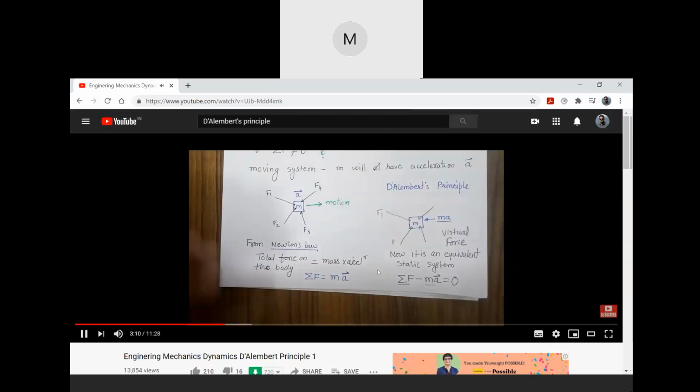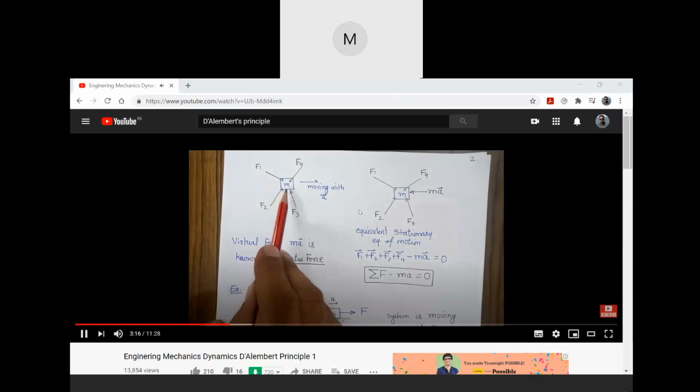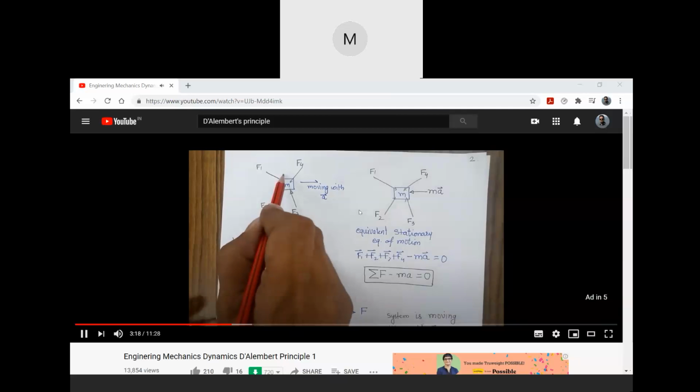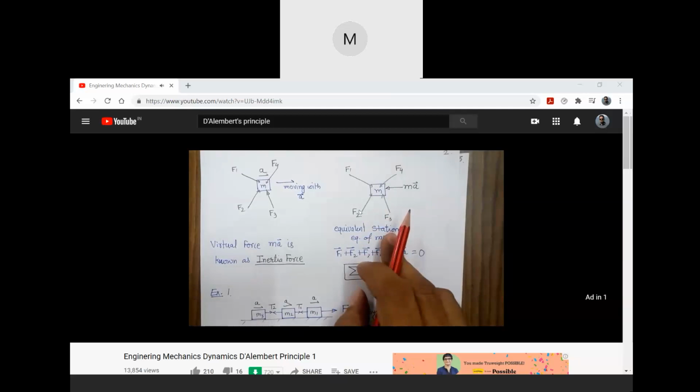So let's summarize the principle. We have a system where four forces are acting on the system, and because of the four forces the system is moving with a certain acceleration a. Now what we have done,